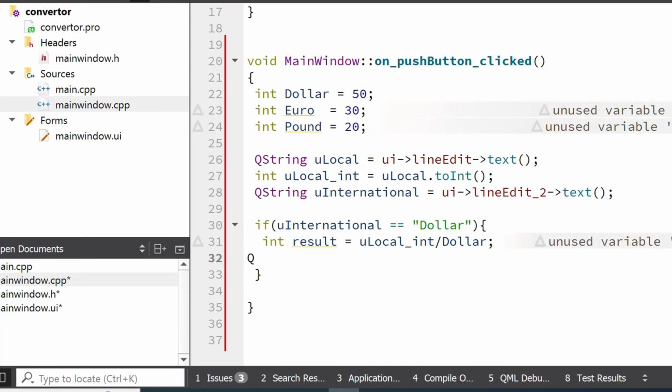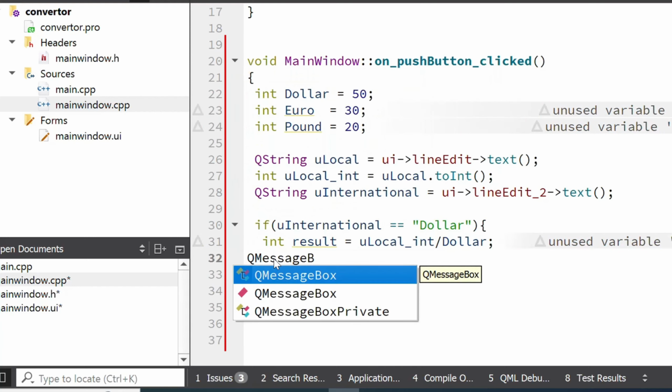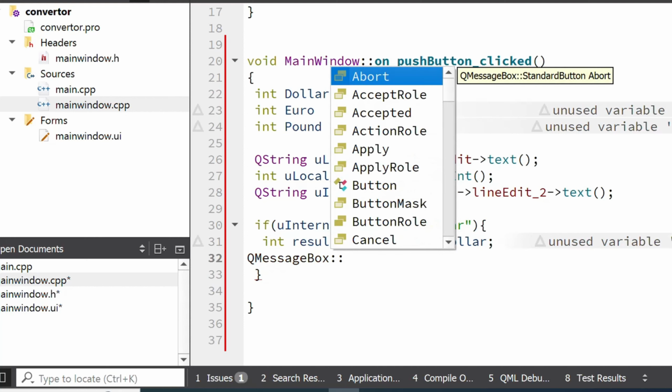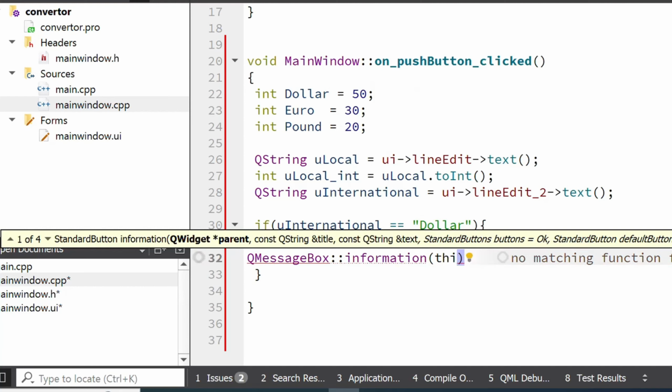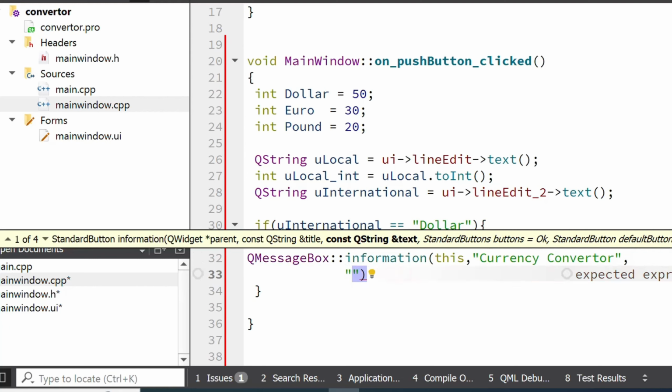So here I will use QMessageBox, and then I have to define the type, and this will be information, and then I have to use this, and this is a pointer, and after it I have to give a title to our QMessageBox, and that is Currency Converter. Okay, Currency Converter, and after it I will use a comma, and now we have to display a string first, and